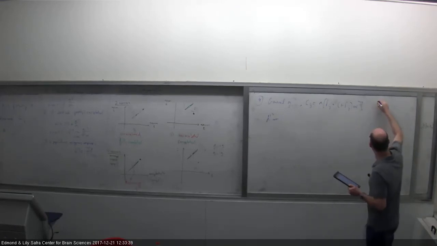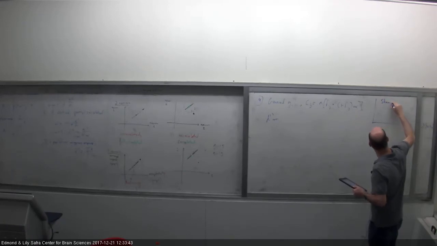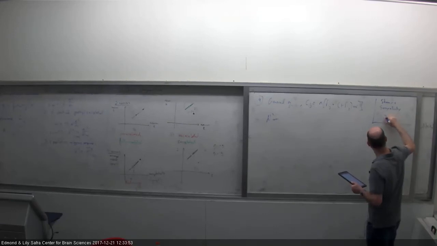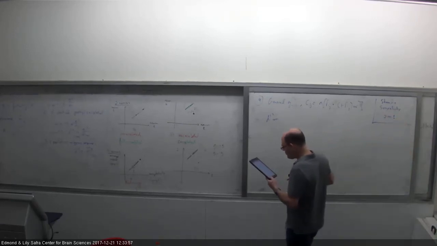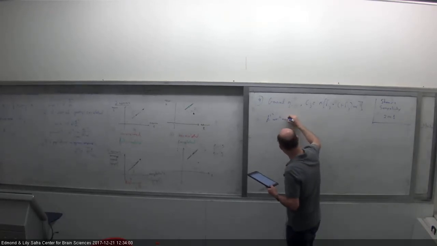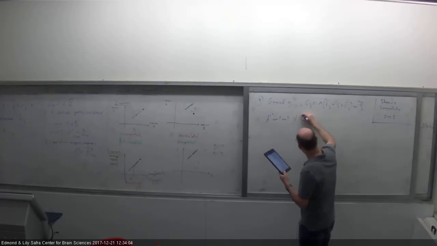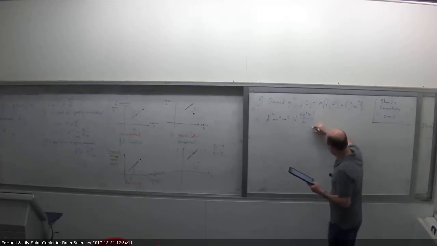And I will just mention that this was done by Maoz Shamir and Haim Sompolinsky in a paper from 2001. So I will skip all the details of the calculation and just write down the result. It's not super friendly, but we will analyze it and see that it makes sense. We'll see what it's telling us in some limits.